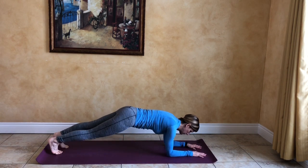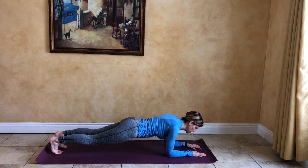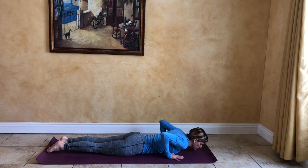So we're on the toes, we're in plank. So here's where your core is really going to get some action. That is transverse abdominis. Really going to get some strength in here. And again, you're just breathing through plank. Taking a nice long inhale through the nose, exhaling through the mouth. And just holding the position, and then slowly bring the knees down, and then bring the body down and the